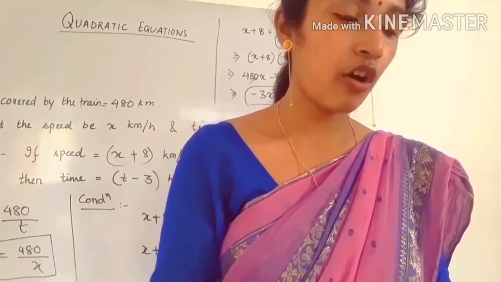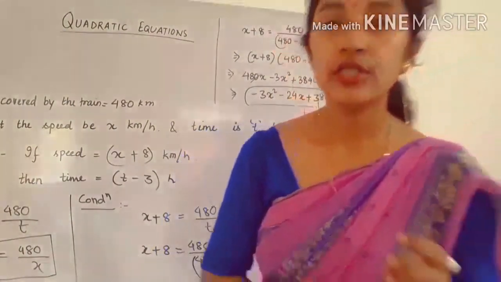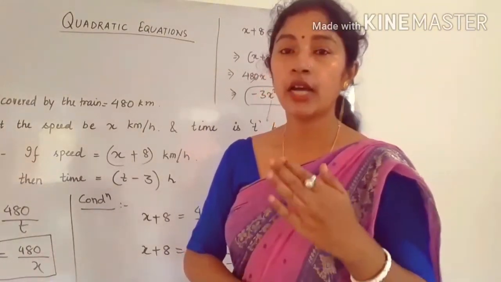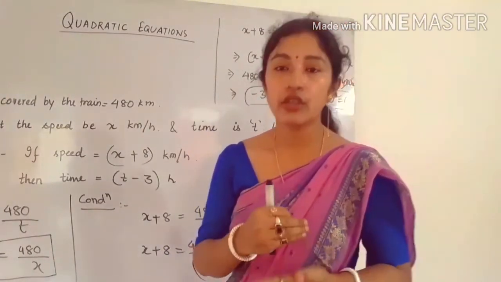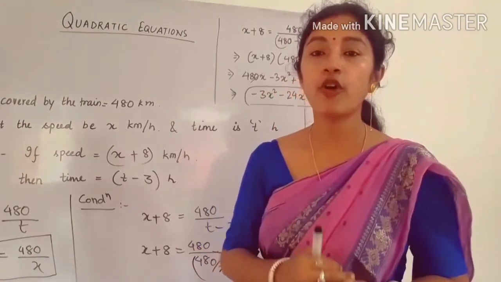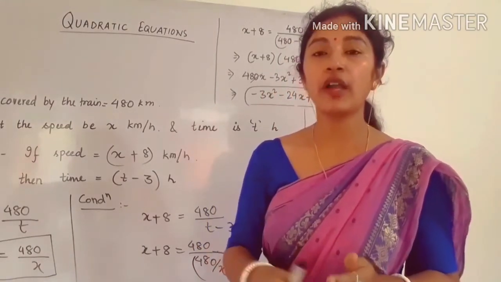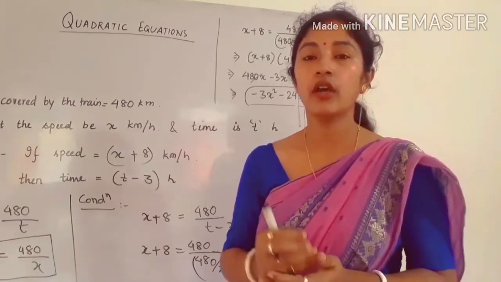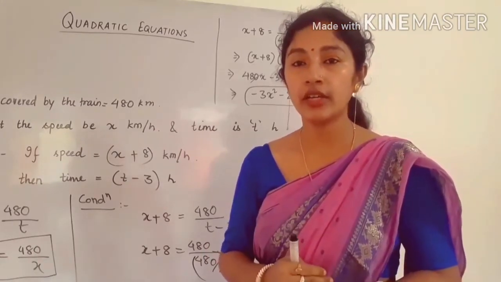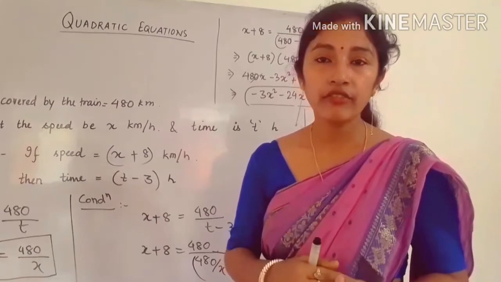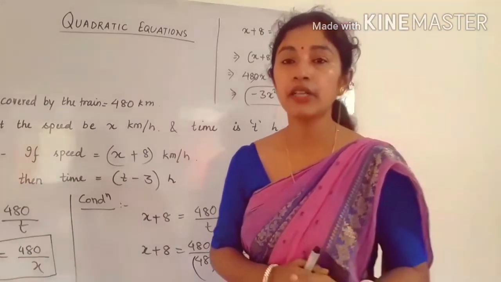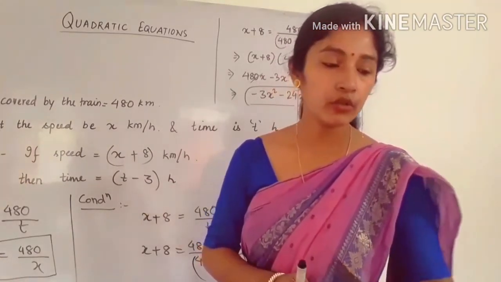So come to the next topic. Next is solution of a quadratic equation. So here we come to the end of checking of an equation and forming of a quadratic equation. Now the main topic is finding the solution of a quadratic equation. A quadratic equation has degree 2, and how can we find the solution? There are a total of 3 methods. One by one we are going to discuss them.